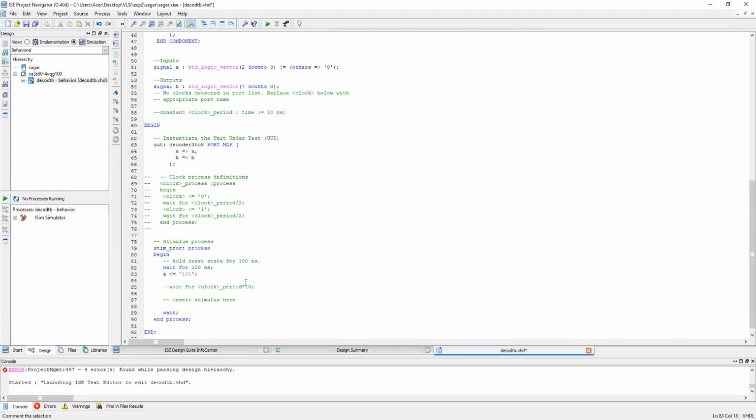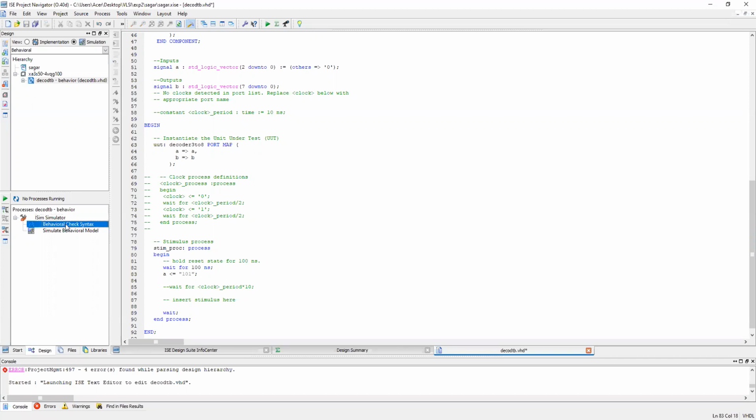A we have selected 101. So now when we select 101 for A, which output will get selected? Sixth output, right? Sixth output. It will select the 6th pin. For 101, the sixth output should get selected. Let us check. So this is the code.